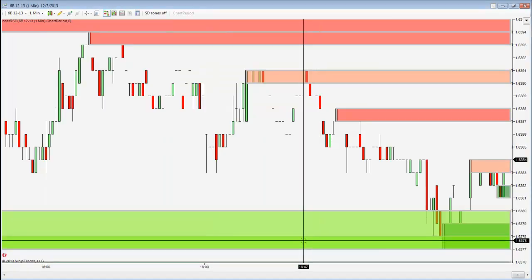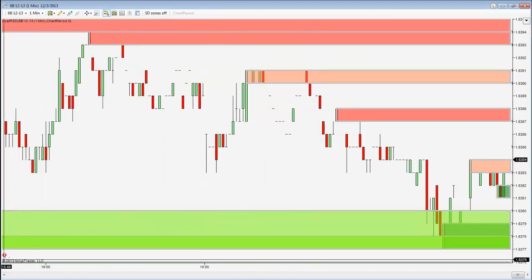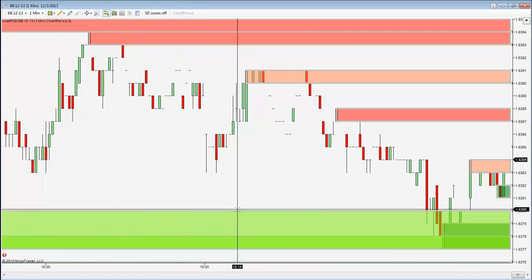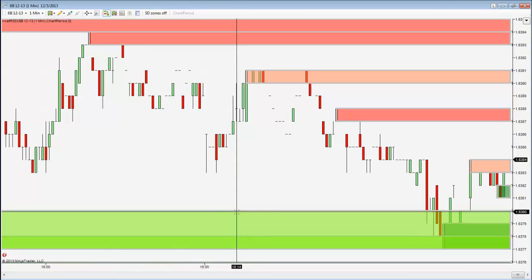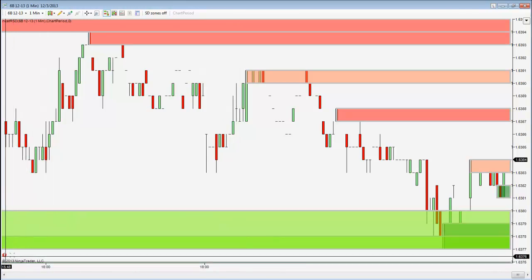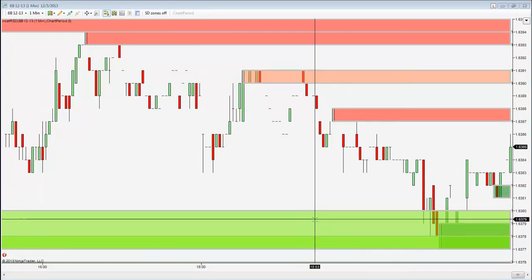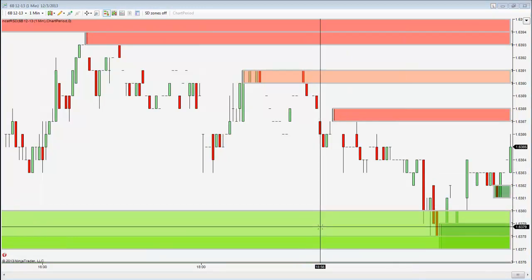So you can see here is the Ninjacator logo. It's very small. That's what you can change from false to true. It'll go very small down here in the corner. So this is a 1-minute 6B chart, and because we did not set any of the parameters, the chart period